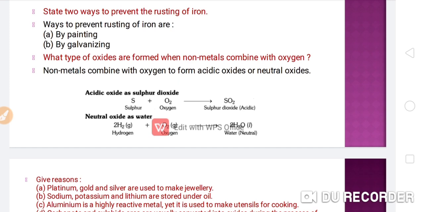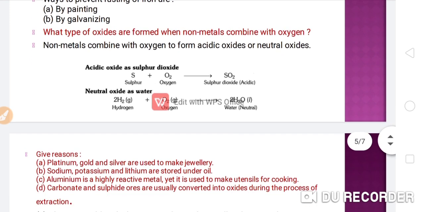Okay, so here the sulfur is the example. When the sulfur reacts with the oxygen, it will convert into sulfur dioxide. Okay, so this is the acidic oxide, because when you treat it with the water in the second step, it will convert into an acid. Okay, and in the second reaction there is hydrogen and oxygen and the water formation. Okay, so one is an acidic oxide, one is a neutral oxide, but the first one is an acidic oxide, sorry.